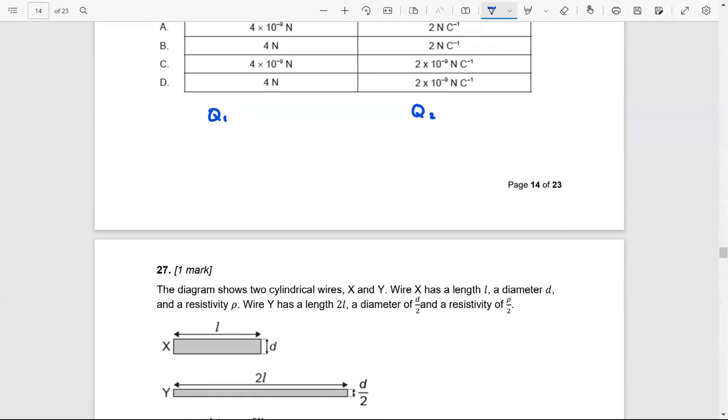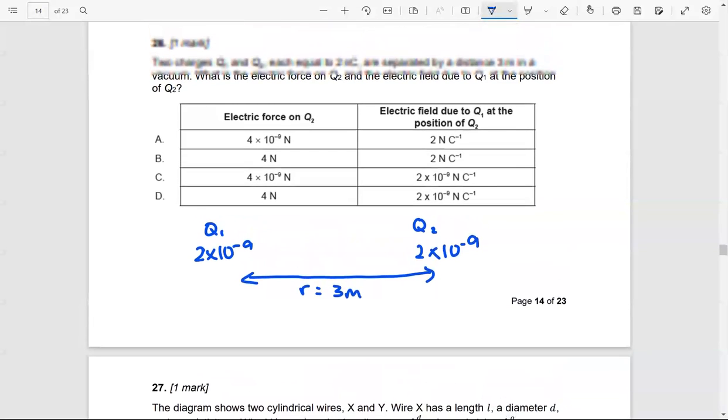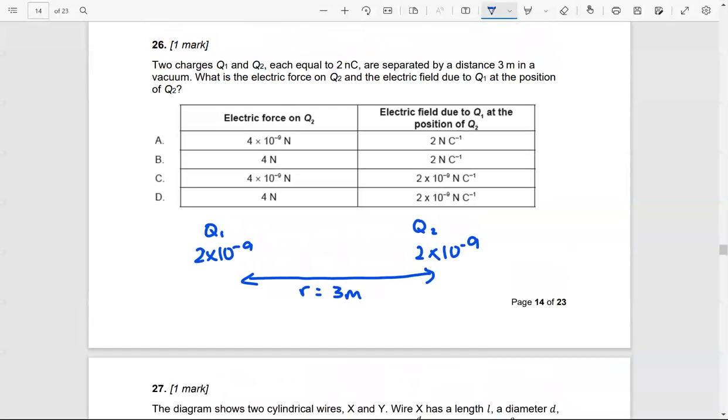So they're 2 times 10 to the minus 19 and 2 times 10 to the minus 19, and it says they're 3 meters apart. It's saying it wants the electric force on Q2 and the electric field due to Q1 at the position of